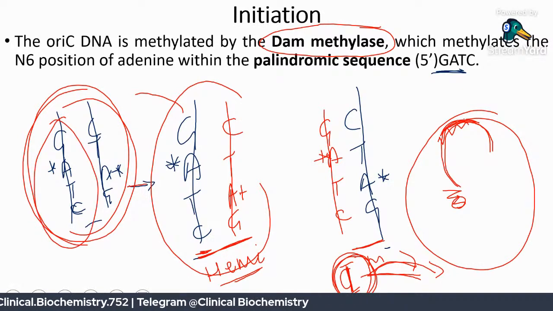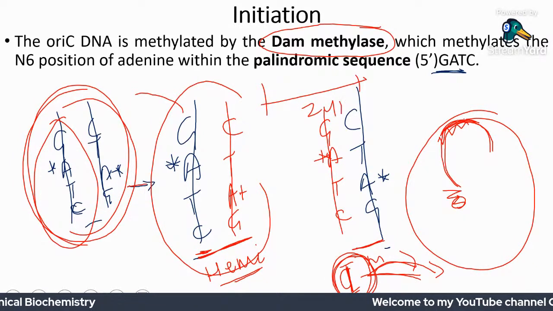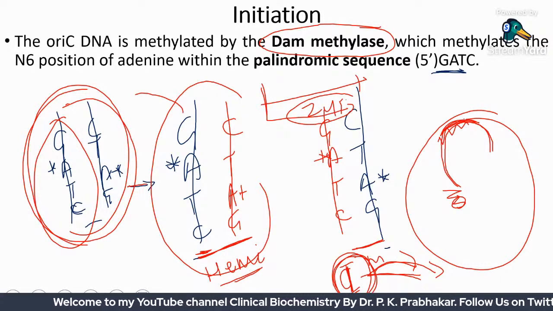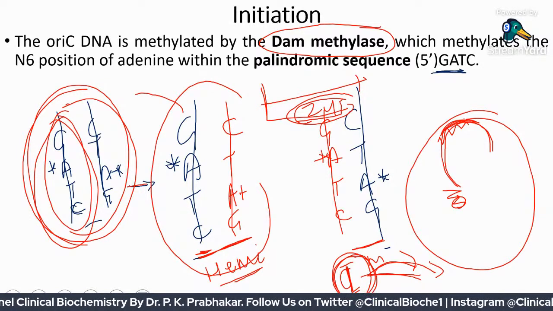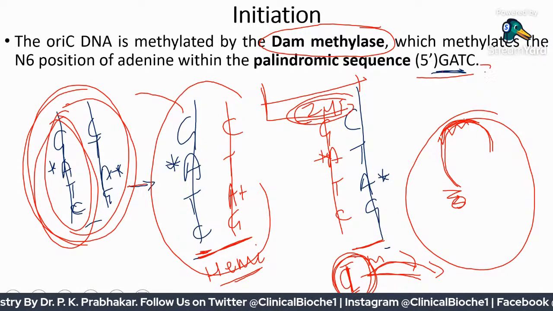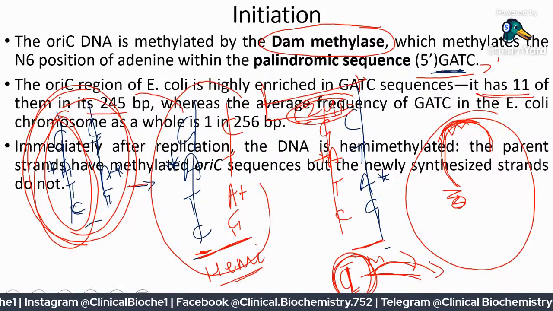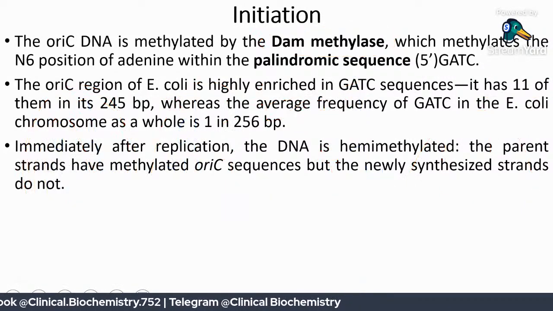और ये GATC की जो मैं बात कर रहा हूँ ये होता है उस विदिन 245 बेस पेयर के सीक्वेंस में ही, इसी 245 न्यूक्लियोटाइड का जो ओरिजिन ऑफ रेप्लिकेशन होता है उसी के बीच में होता है ये GATC सीक्वेंस। रफली उस 245 बेस पेयर में 11 से ज्यादा जगह पे ये GATC इस सीक्वेंस में होता है, 5 प्राइम पे G एंड 3 प्राइम पे C। आप यहाँ देख रहे हैं। So it has roughly 11 of them in the 245 base pairs। सो उसी का एक्सप्लेनेशन लिखा हुआ जो मैंने आपको अभी बताया।